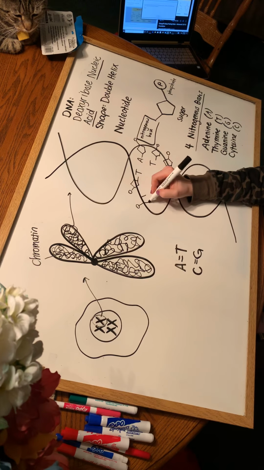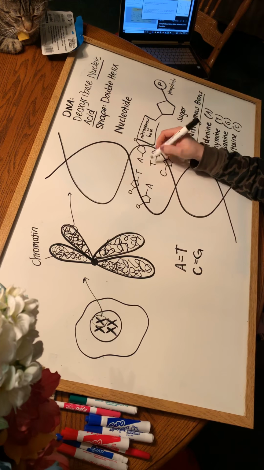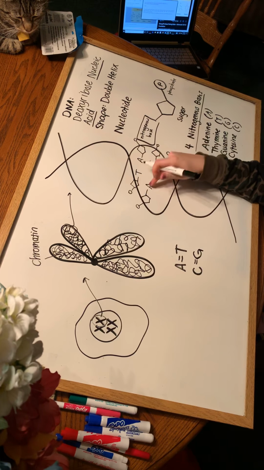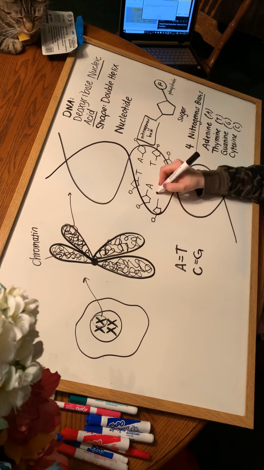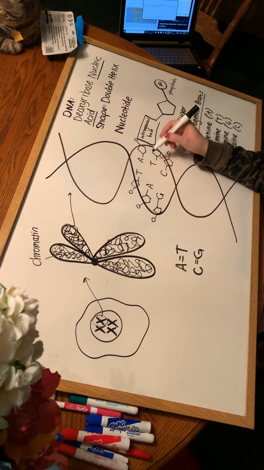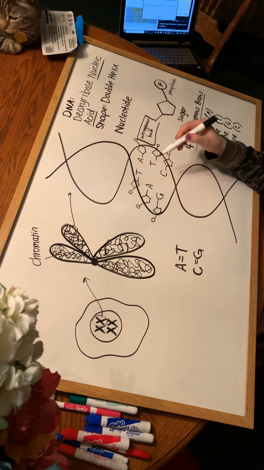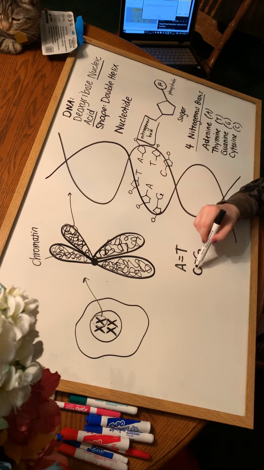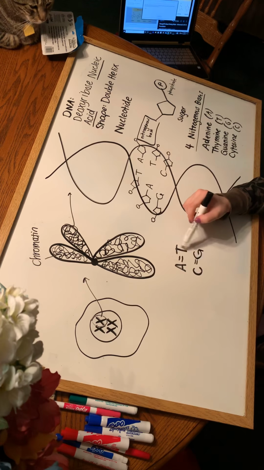Phosphate, sugar, A. And I know that because I had a T, and T goes with A. And then sugar, phosphate, G. And again, that's because there's a C there. So you have this base pairing rule. A goes with T, C goes with G. I like to remember that the letters with curved lines go together, and the letters made with straight lines go